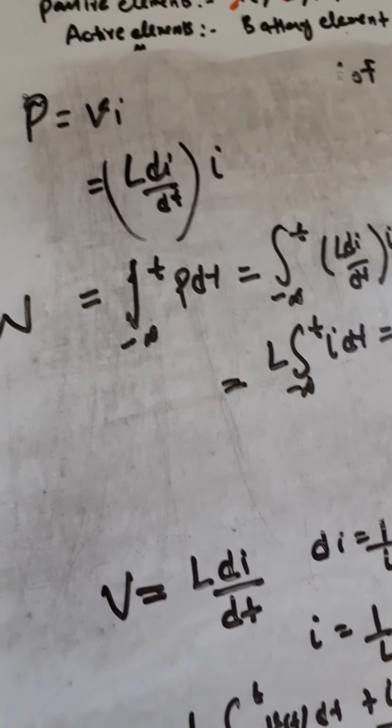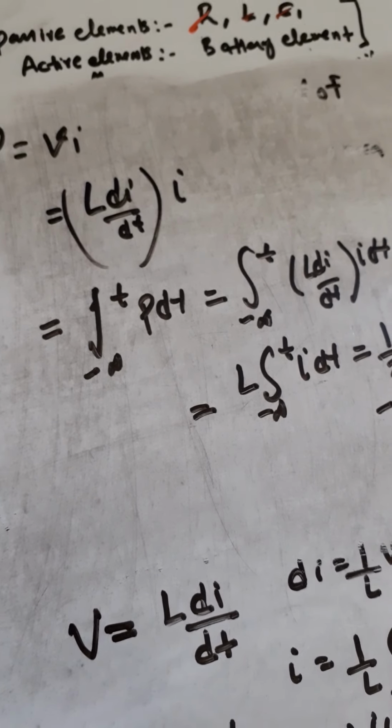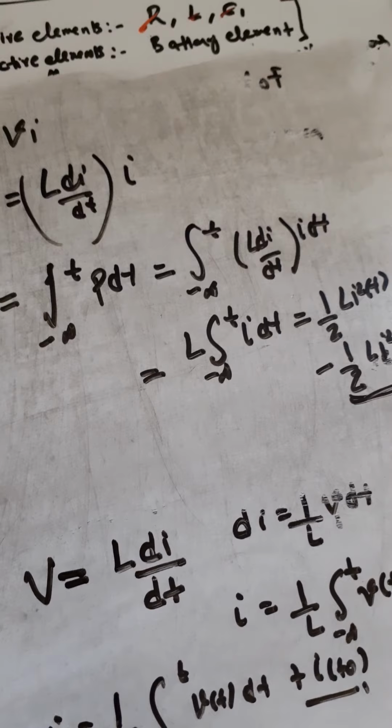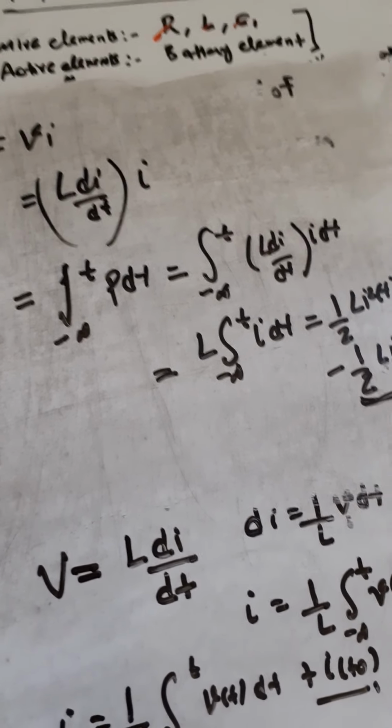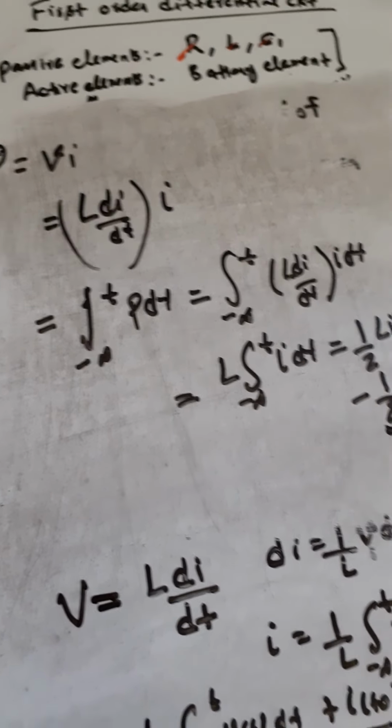Moving to the other part of this discussion, the main thing I want you to understand is that if you look at this equation, V is equal to L di by dt, what inference can you make? We can say that the voltage across an inductor is 0 when the current is constant. Thus we can say that an inductor acts like a short circuit to DC, whereas a capacitor, as we saw, acts like an open circuit to DC.